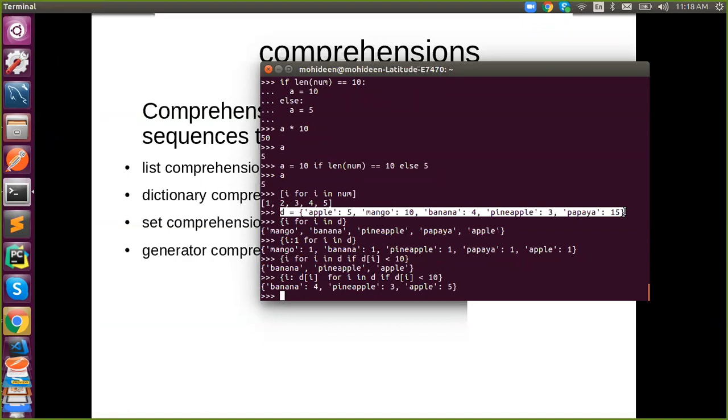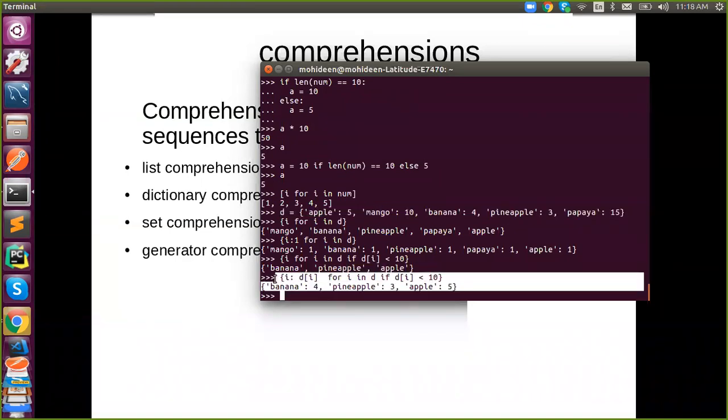Using for and if. So don't give me comprehension again. We will talk about that tomorrow, but instead write a for loop and if condition and create a new dictionary. So you have to say output is equal to a new dictionary. Iterate this dictionary using a for loop, and if the fruit count is less than 10, append it.